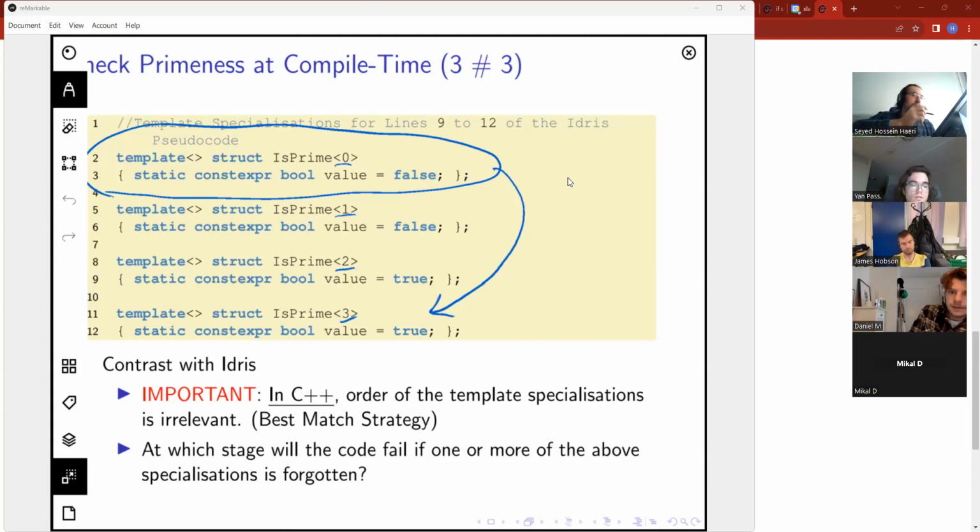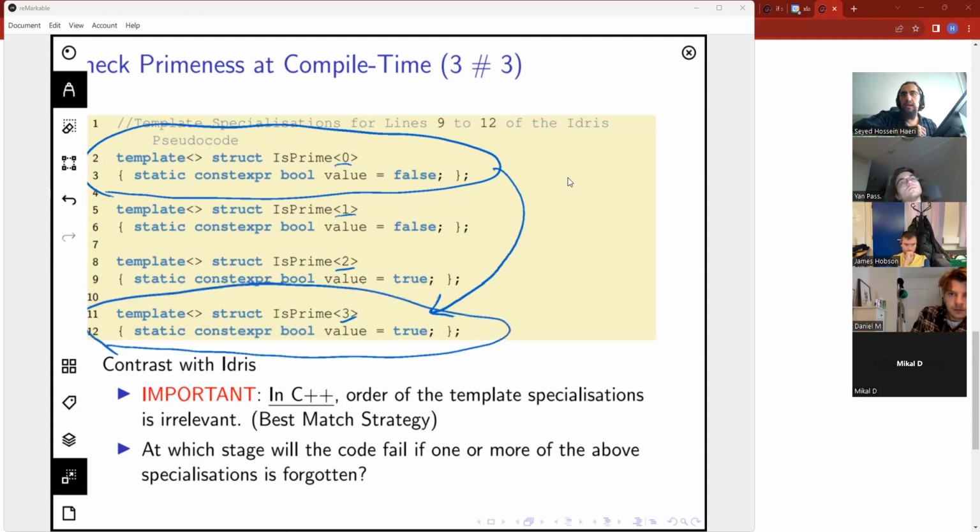Now let's say that I have forgotten the base case, and I asked for is_prime of 3, value. At which phase will the instantiation fail?